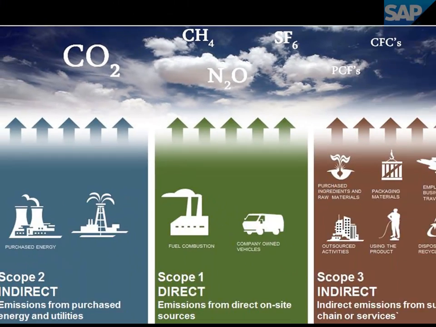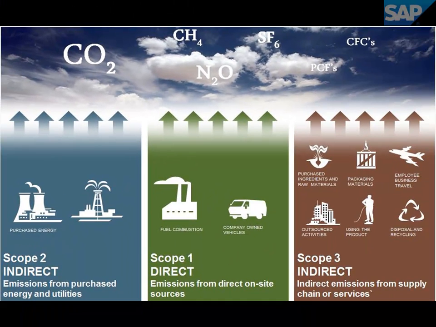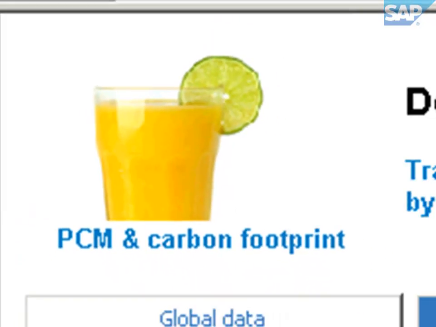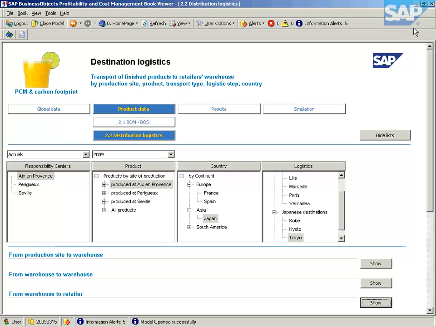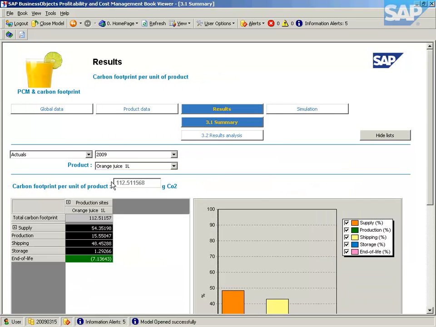This demonstration will show how the calculation and assignment functionality within SAP Profitability and Cost Management can measure carbon impact using the life cycle assessment method. We need to see what the carbon footprint impact is of our bottle of orange juice, broken down by life cycle step. So if we look at this results screen here and go into the summary page,